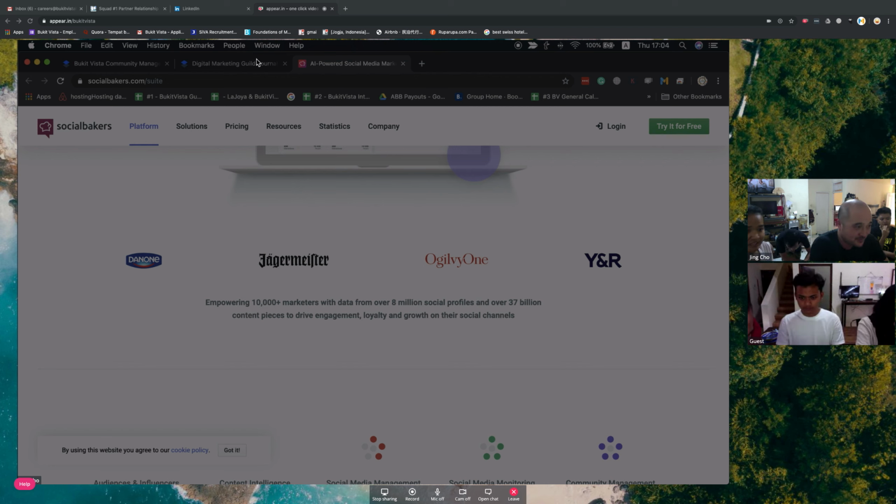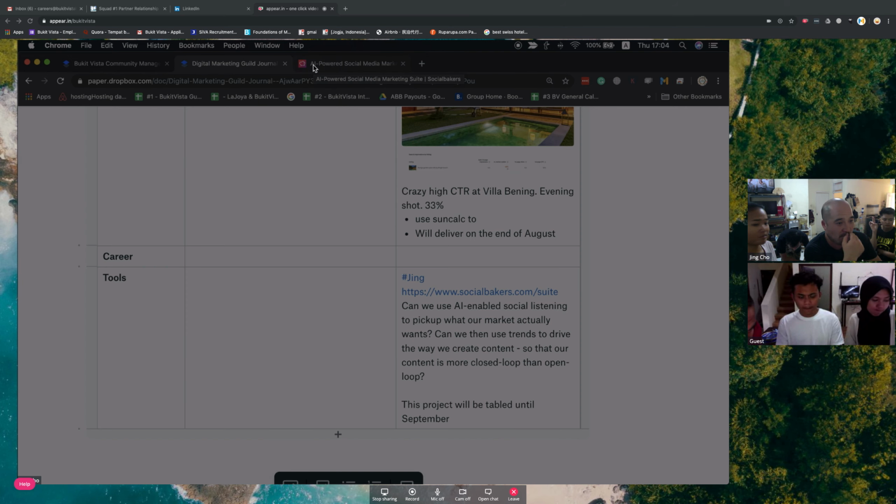Is there any other discussion for this tool? Can we put it in the library of tools? Do we have a page full of tools for this? No? I think the next step would actually be a trial. Let's try it out and see how well it works, and if it works well, then it can be in the library. If it fails to deliver, then not. I haven't tried it yet. I just wanted to introduce this idea. I saw it and thought, oh, that's pretty cool. That's something we could definitely use to get more engaging posts.